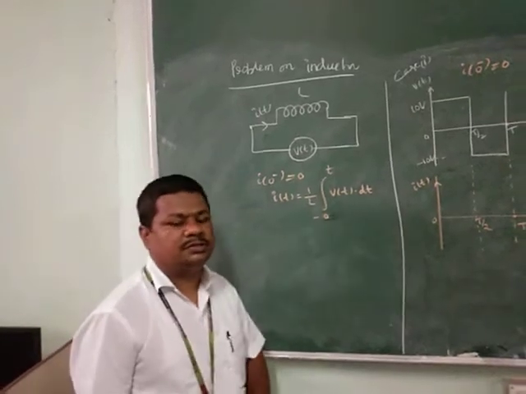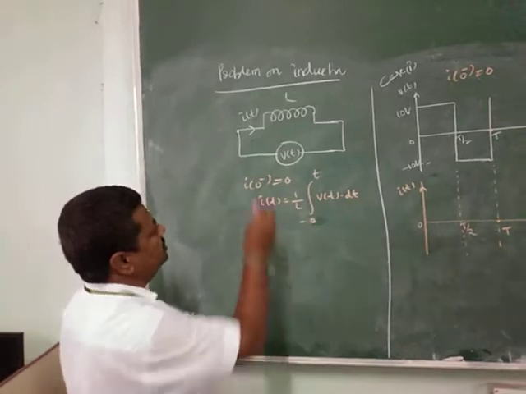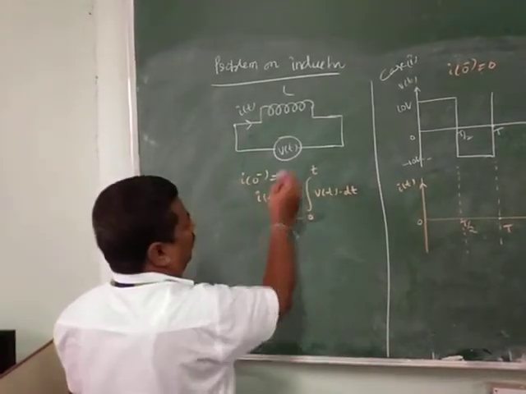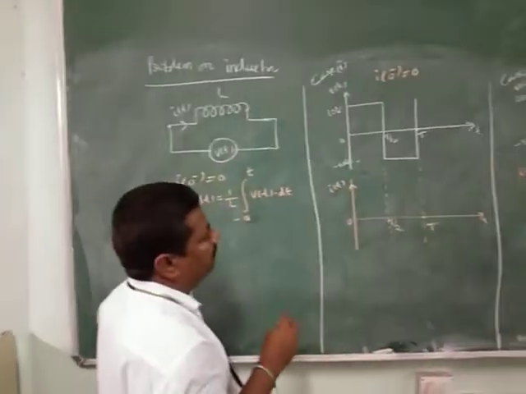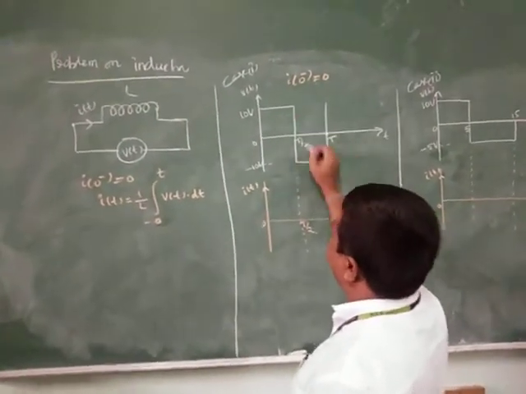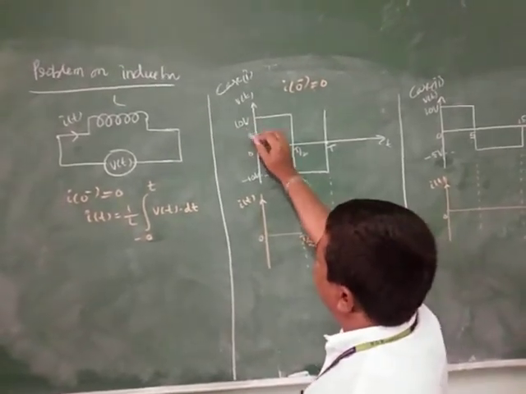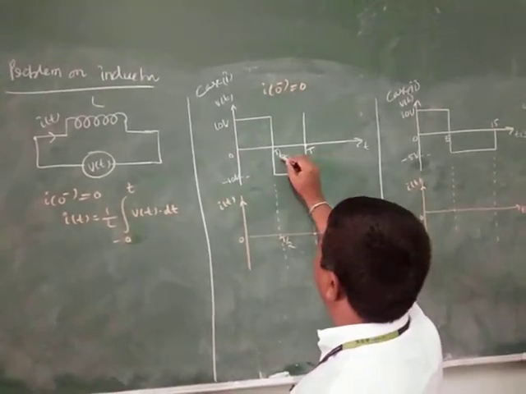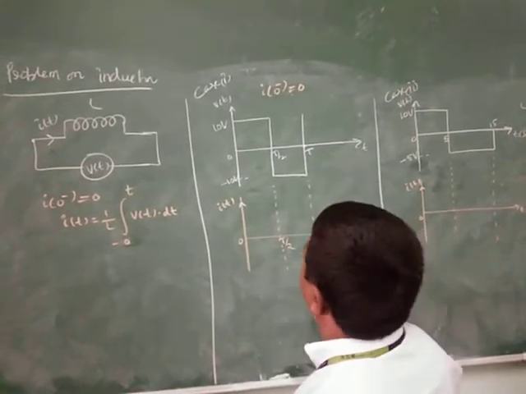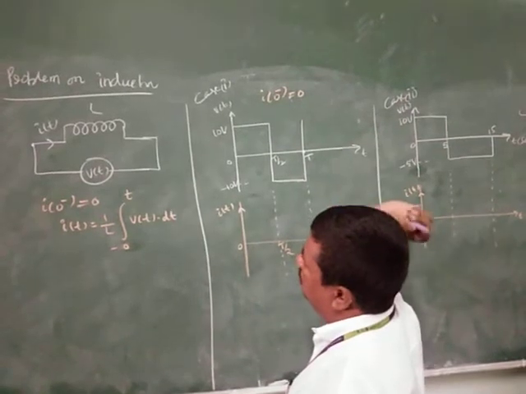Also, we are going to discuss more on inductors. Problem on inductor. Consider the inductor, and we have to consider three different cases. Here, in case one, we apply a square wave signal to the inductor, whose value is 10 volt, minus 10 volt. It is a square wave with period T, switching at T by 2. And the initial current through the inductor is 0 amperes.